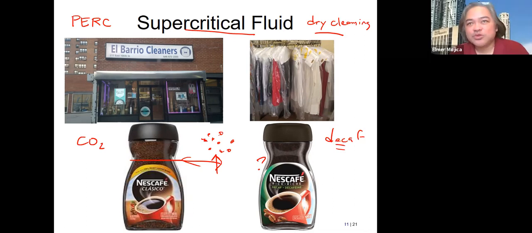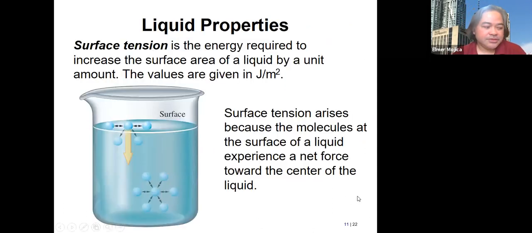There's so much CO2 right now. That's why what we call the cause of this climate change is the accumulation of CO2. Okay, now we go to some properties. So we're going to focus on the liquid properties. Okay, so we're just going to discuss here surface tension